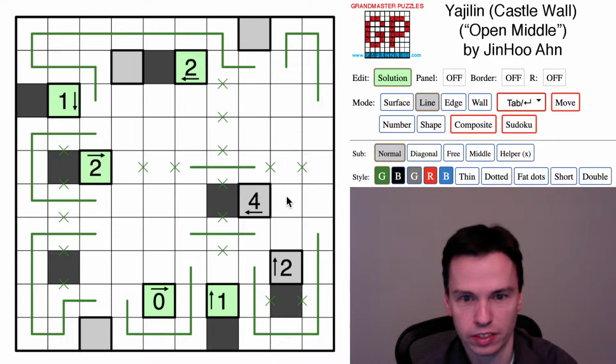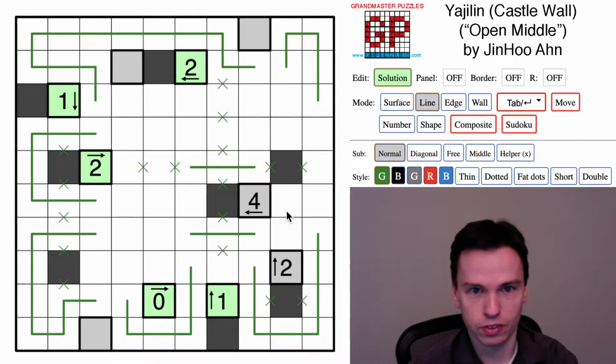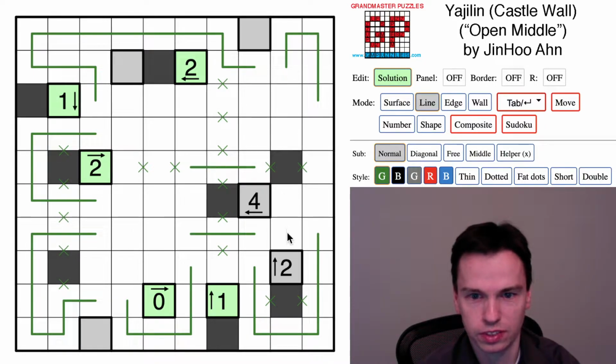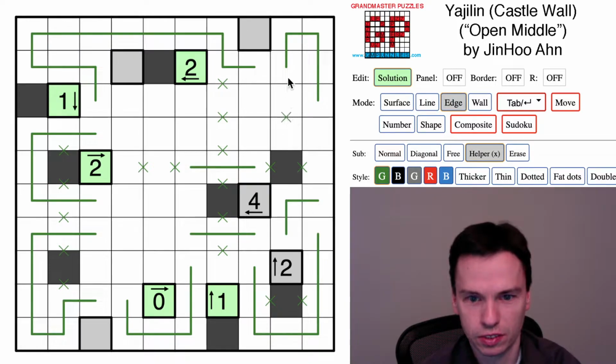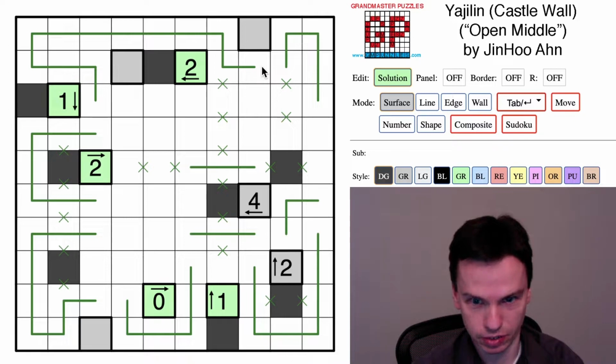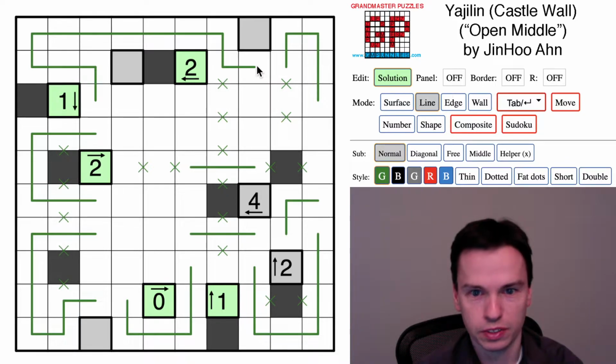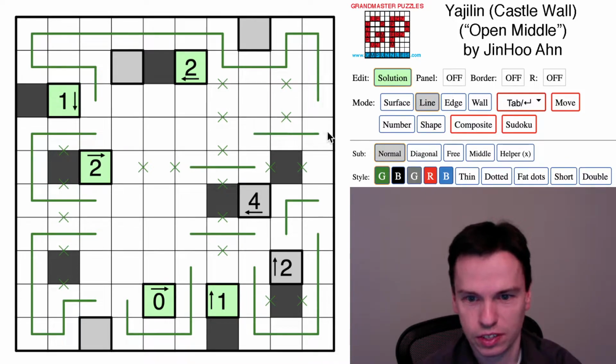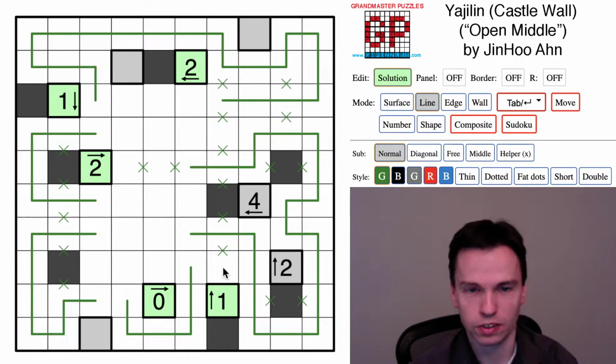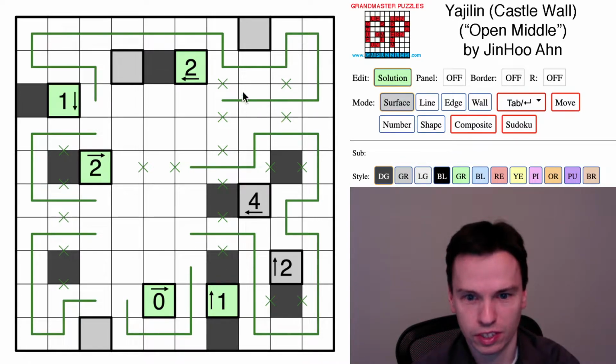So that says that for castle wall constraints, we have to mark this as unused, and that puts in this loop edge, which gives us a total count now of 2 for that column, and that finishes this. That puts in this boundary just to the top of the black square. The loop's got to come through here, the loop's got to come across here, this has to come here, and this corner turn. Got an isolated cell,